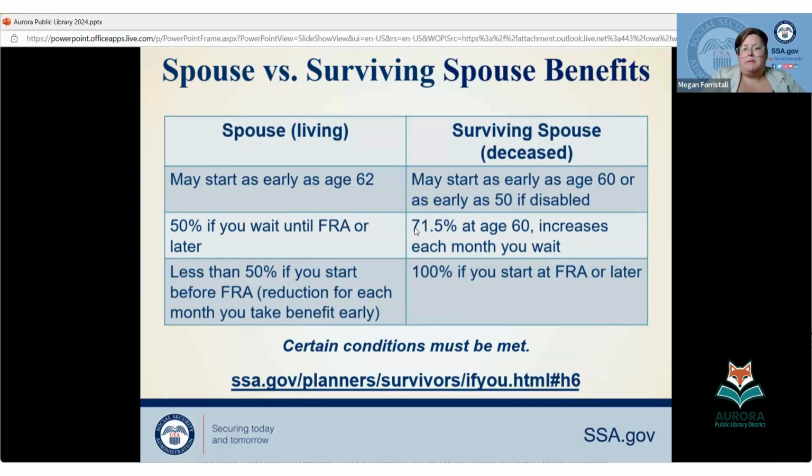So we see it pretty commonly now that both members of a married couple have their own earnings records, and a lot of times there's no spousal benefits payable because both people have been in the workforce. However, if the higher earner passes away first, then we need to take the application for survivor's benefits, because the spouse would then be eligible for that higher percentage off the record. So if you're not eligible as a spouse, if something does happen to your spouse, if they pass away first, then contact Social Security to check in on those survivor's benefits.